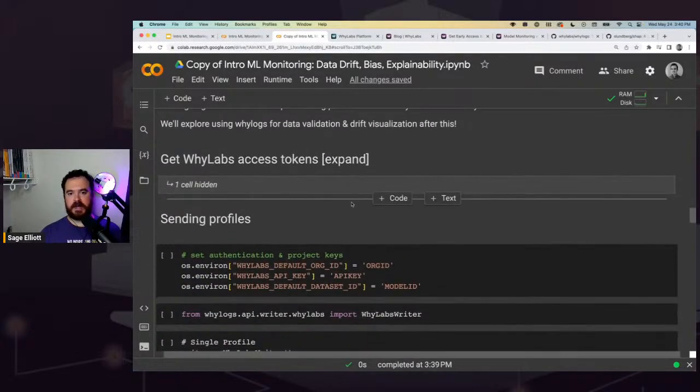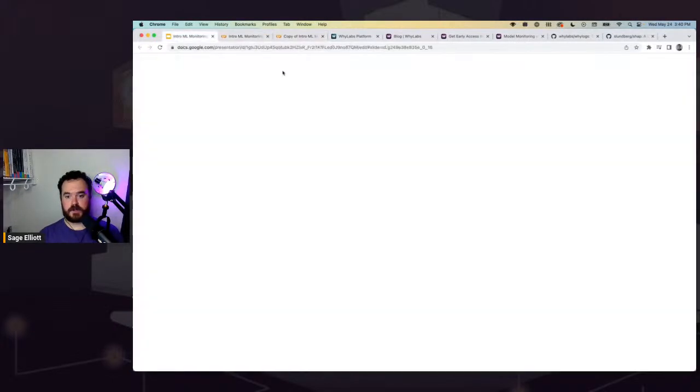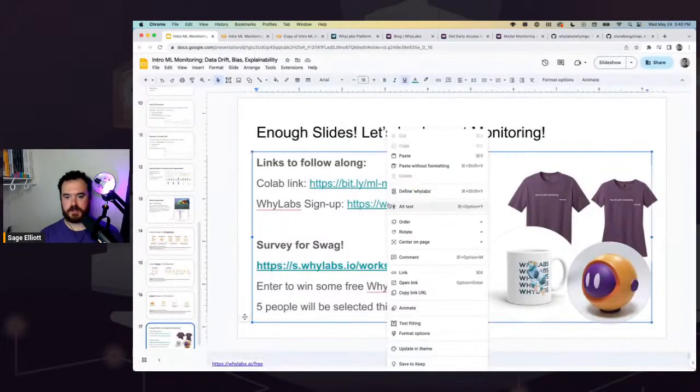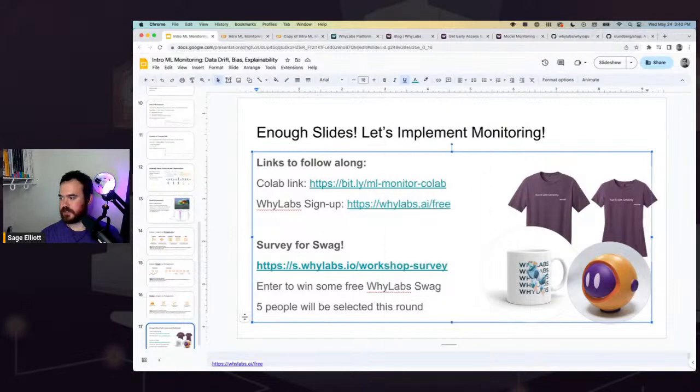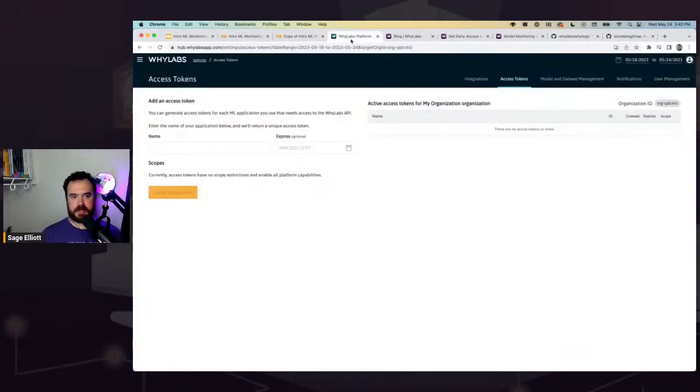So let's go ahead and do something much more exciting with this profile now. We're going to write this to YLabs. So again, if you didn't create an account, you can do that now. I'll share the link one more time. And it should be plenty of time for you to create an account and catch up. Again, no card or anything required. Just verify your email. So I'm going to go ahead and go into my YLabs account.